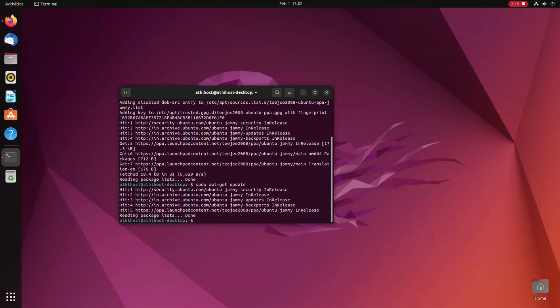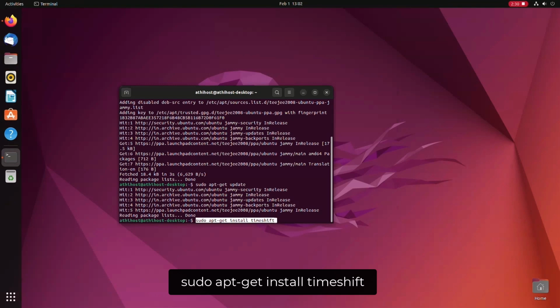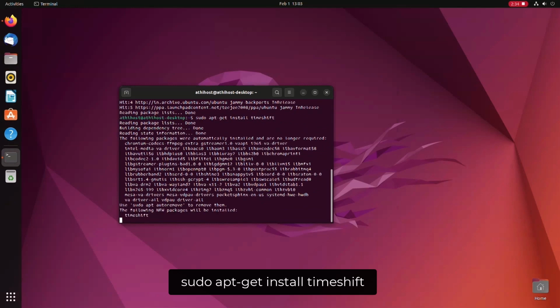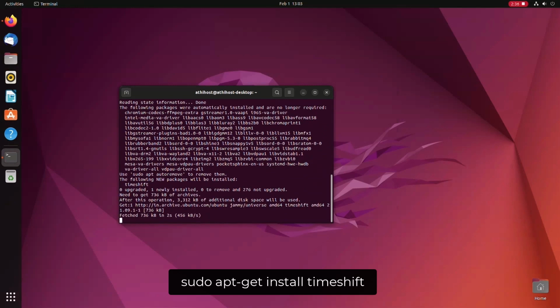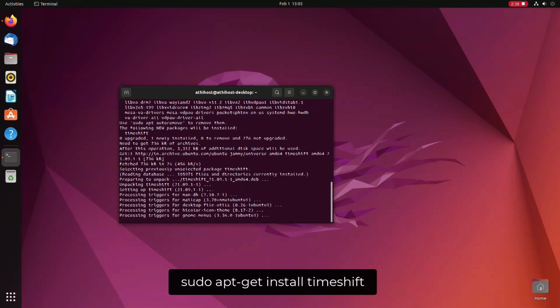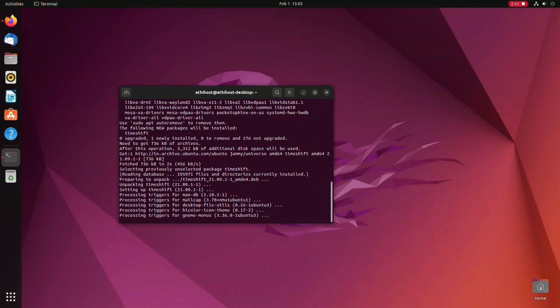After that, you need to enter another command, which is the final one, but you should definitely use all of the commands. It's very important. The final command is sudo apt-get install timeshift. Once this command is done, you can just go ahead and open the Timeshift app in your Linux